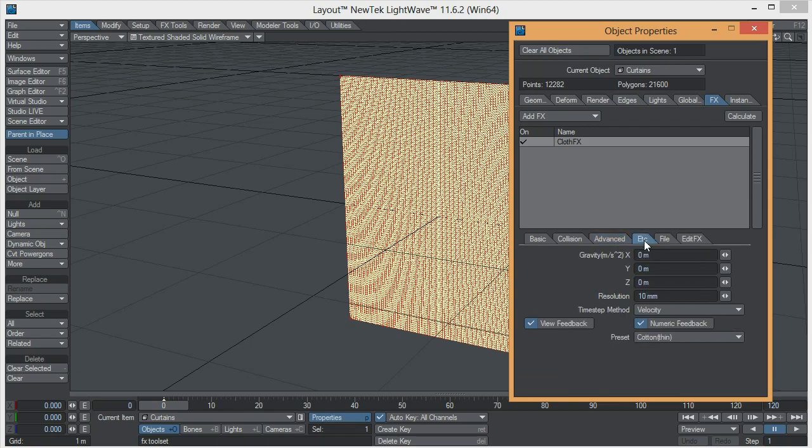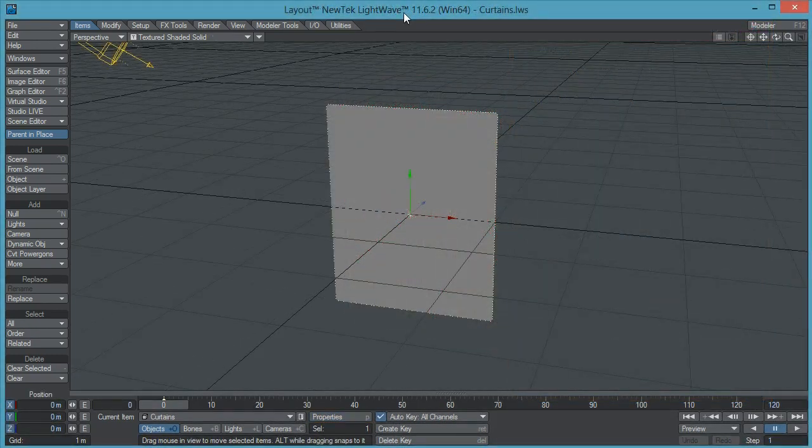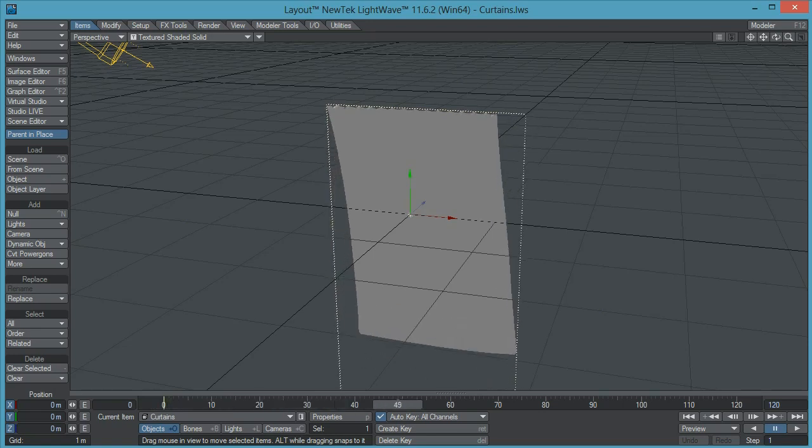Let's go to the etc. tab, and let's select a thick option, and let's add some gravity to it. So -5 will be fine, and I'm going to hit the calculate button over here, and I'll come back as soon as the simulation is completed. Okay, so our simulation is done. Let's check it up,